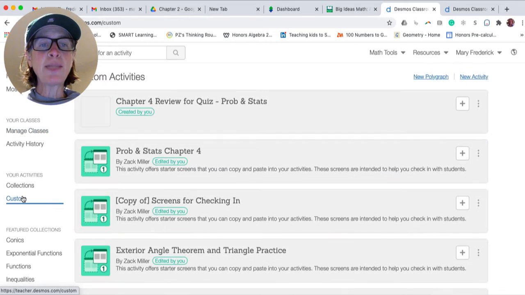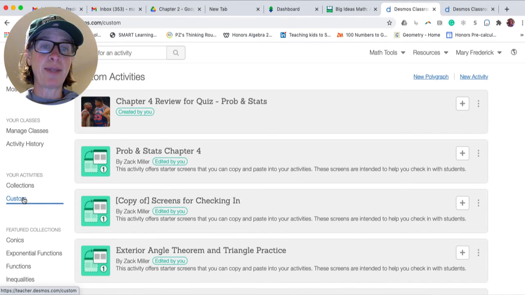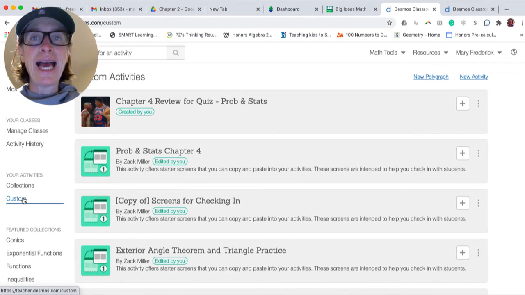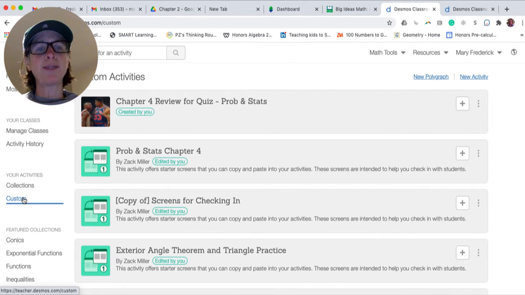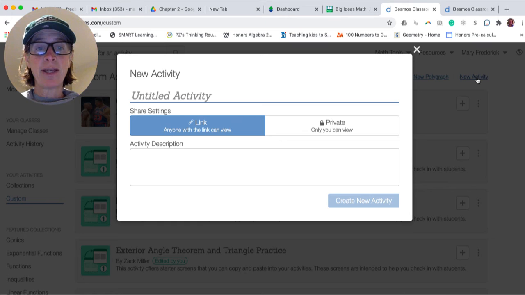Okay, so let's pretend I'm going to review something. I just want to have like 3 problems that I can have them go to and work on. So this would be an easy Desmos. This wouldn't be a Desmos where they're doing an activity. This would just be, you want to see them maybe solve 3 problems related to something that they were working on in their book. All right, so I would go over to the right to New Activity,